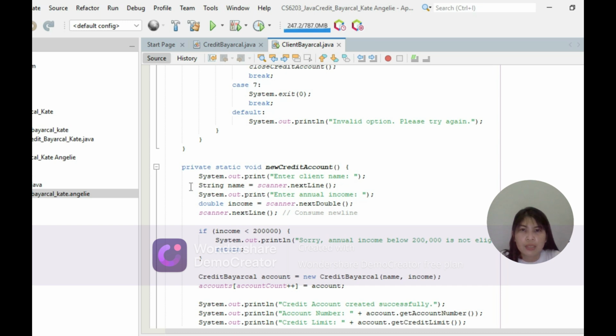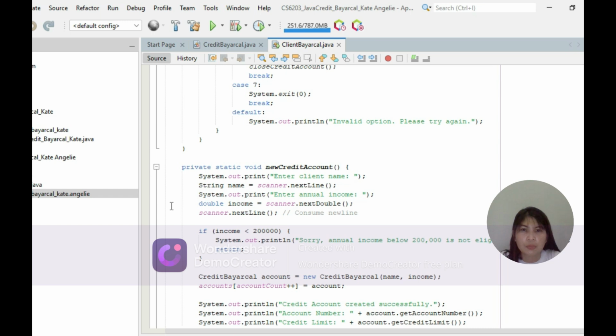So here, the private static void newCreditAccount(), open and close parentheses and then bracket, System.out.print, open quote, enter client's name. My name is Kate Bayarkal. So colon and then close quote, close parentheses, and then semicolon. So String name equals scanner.nextLine(), semicolon.